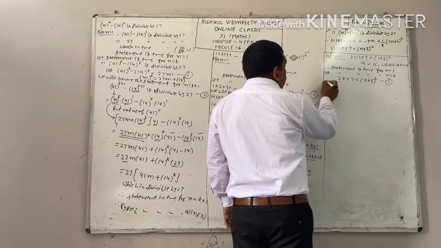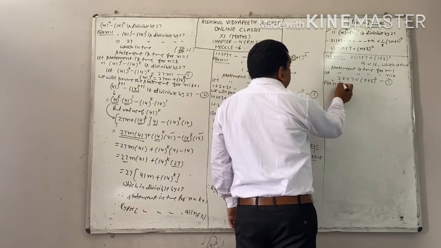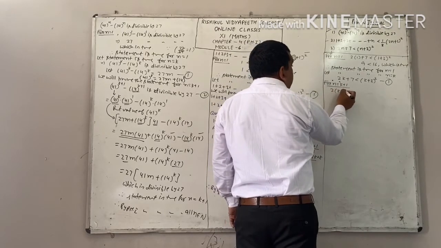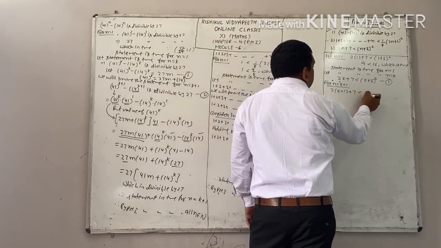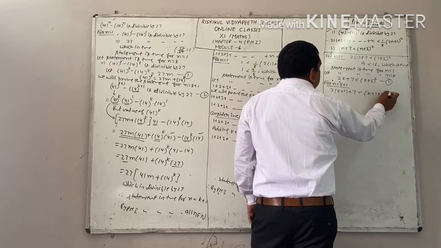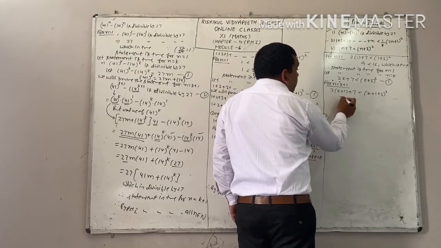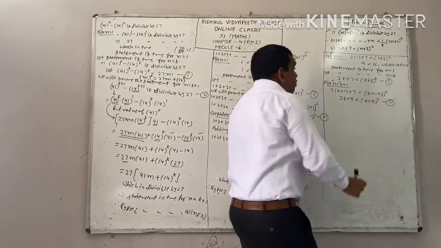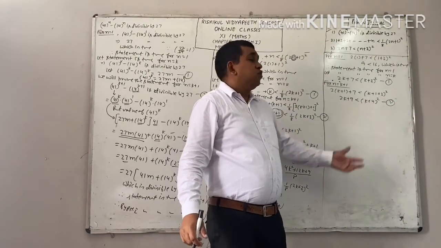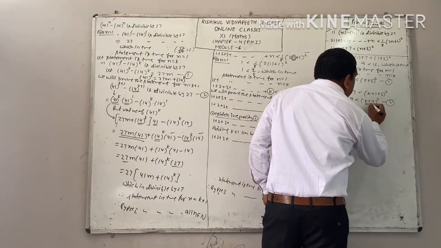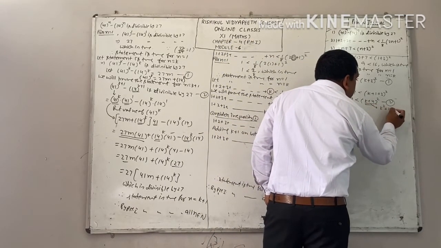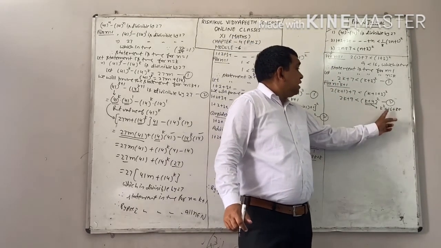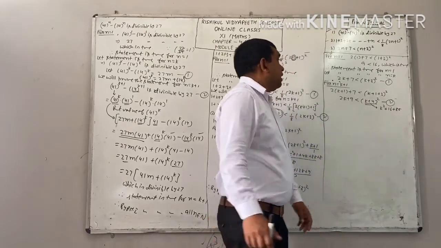Now for n equal to k plus 1, what you have to do? You get 2 into k plus 1 plus 7 less than k plus 1 plus 3 whole square. This will become 2k plus 9 less than k plus 4 whole square. We have to prove this inequality number 2. You can open this whole square also. This is your k square plus 16 plus 8k. Means we have to prove 2k plus 9 is less than k square plus 16 plus 8k.